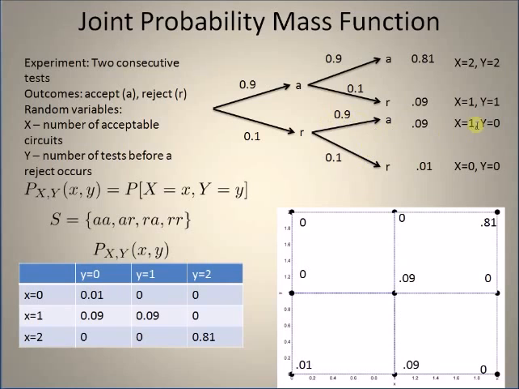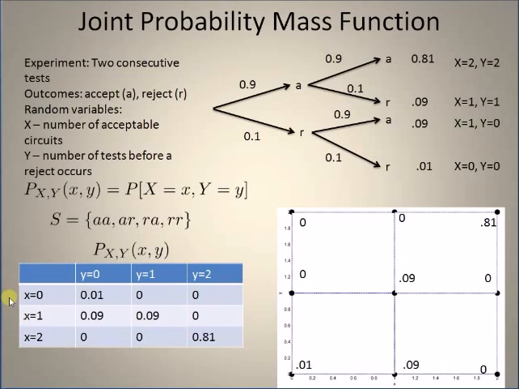So this probability mass function can be represented by using either tables or plotting the values on an xy plane. For example, here we can clearly see that for values that are in the sample space, we have the corresponding probability values, and for all the values that are not in the sample space, that is for X equal to 0, Y equal to 1, and so on, we can clearly see that there are no corresponding outcomes, so their probabilities are zeros. We can see that both in this table and also in the graph.